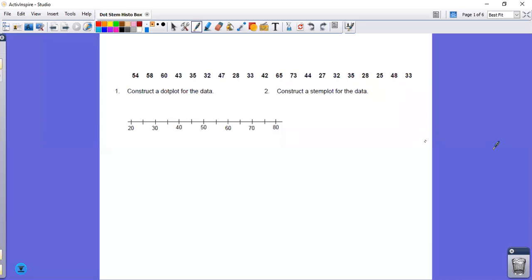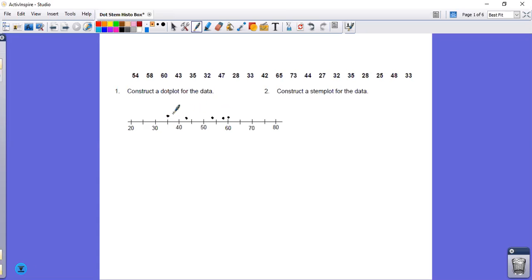All right, so the first sheet is just a few different ways to represent data. And the first one's a dot plot, and all a dot plot is taking each one of these, I believe they're 20, you can count them and tell me if I'm wrong, and just putting a dot, don't put it right on the line, but right above the line. So 54 would be about there, 58, 60 would be right above the 60, 43,